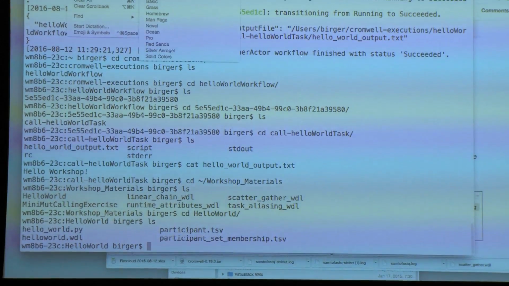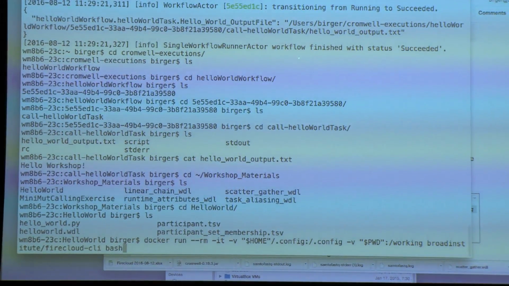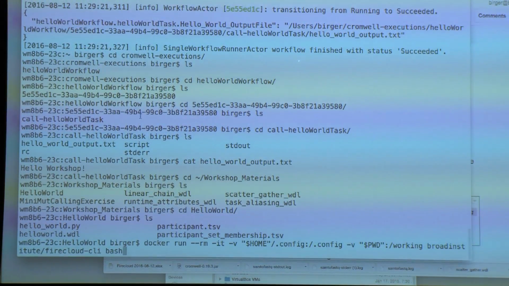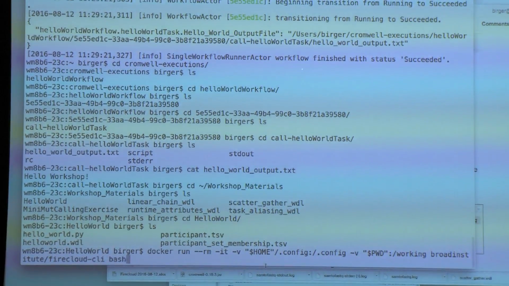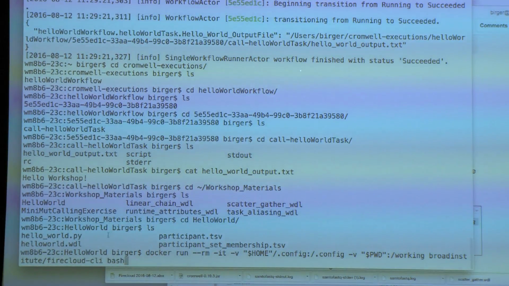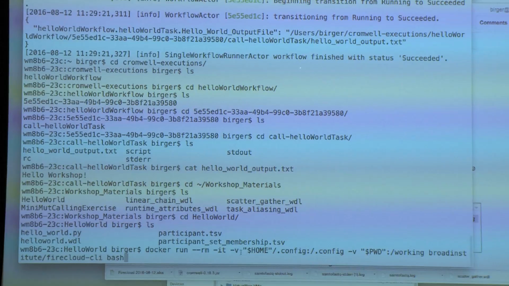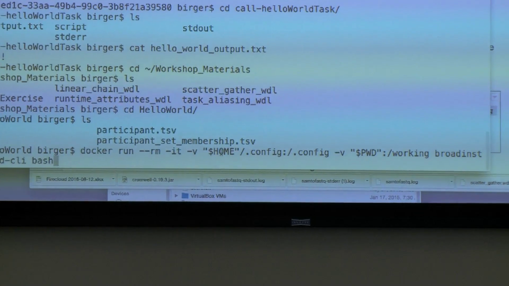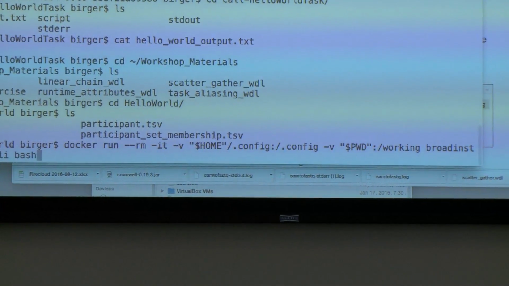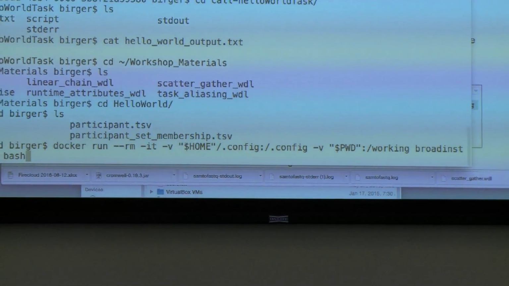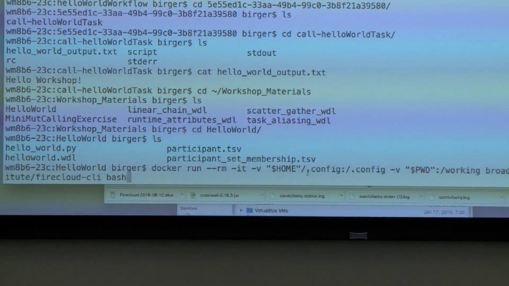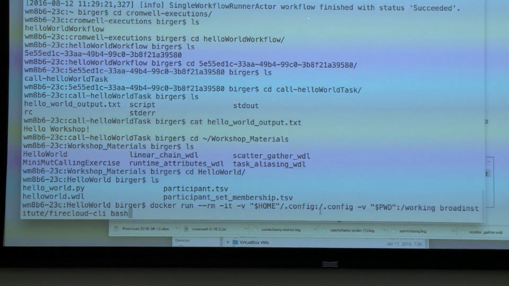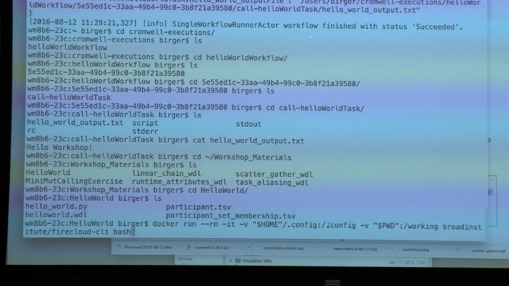And once again, I want to emphasize that this step will be optional going forward because there will be a web interface for doing this. Here what I am doing is running this container, Broad Institute / FireCloud-CLI. By saying -it, I mean it's an interactive TTY interface, and the -v is a mounting declaration. So what it's saying is that it's going to mount this file .config in my home directory to a .config file in the root directory of the virtual machine that I